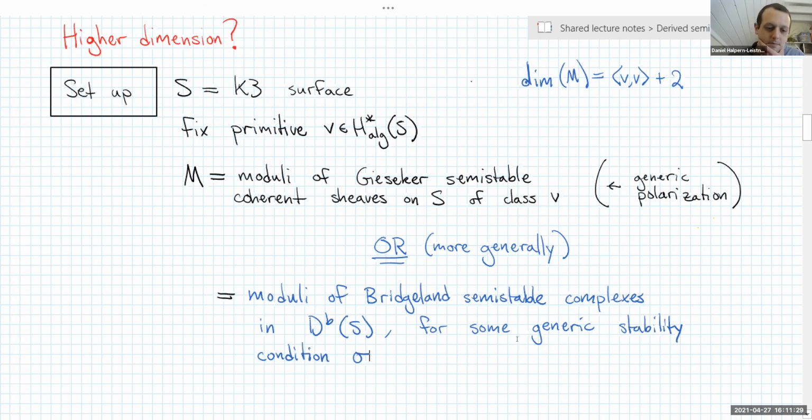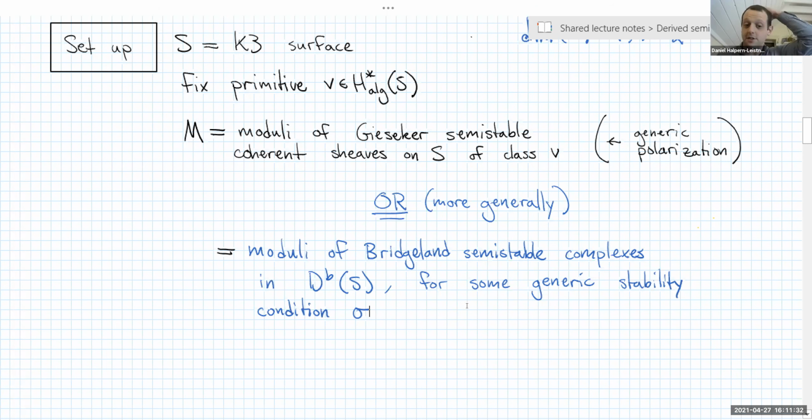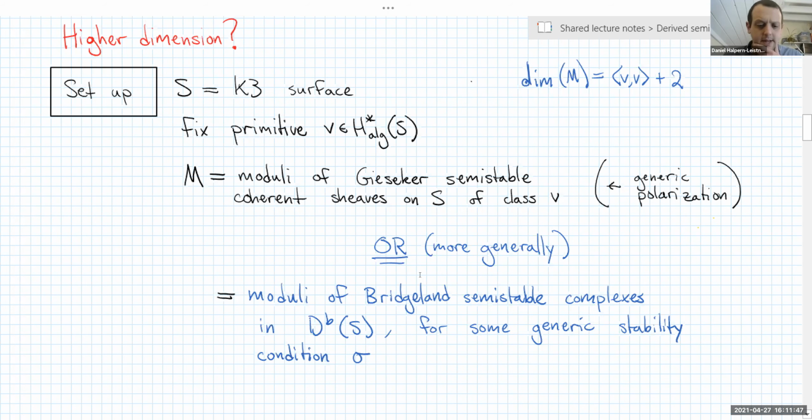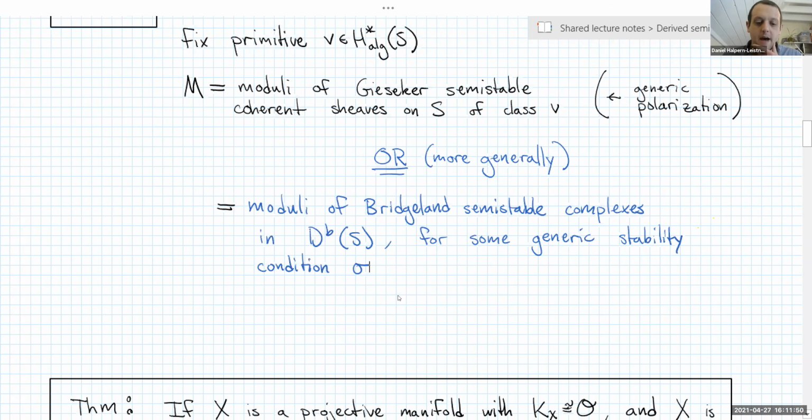And as I'll explain, this is not just a random, arbitrary increase of the generality. This is actually a very important part of the perspective on this subject that's developed over the last 10 years or so. But the bottom line is that you have this space of stability conditions, Bridgeland stability conditions. It's a complex manifold, and if you fix your Mukai vector, so if you fix the characteristic classes of the complexes you're interested in parameterizing, then